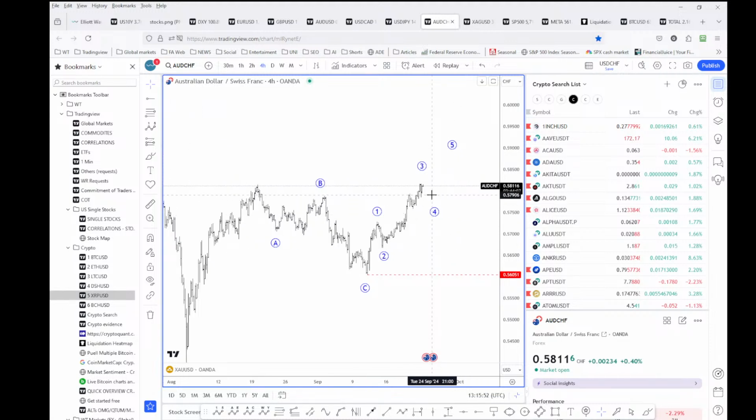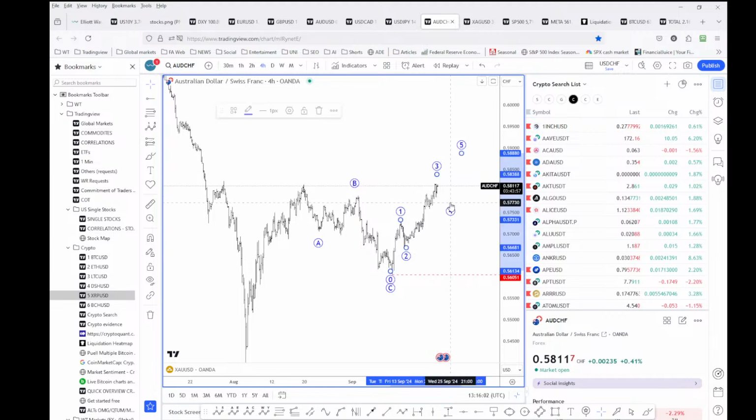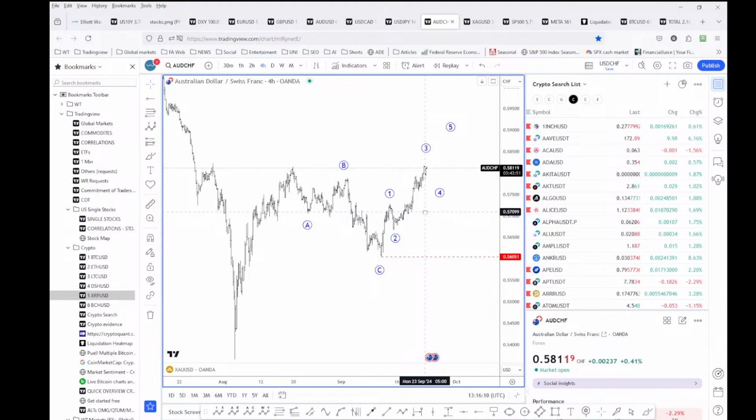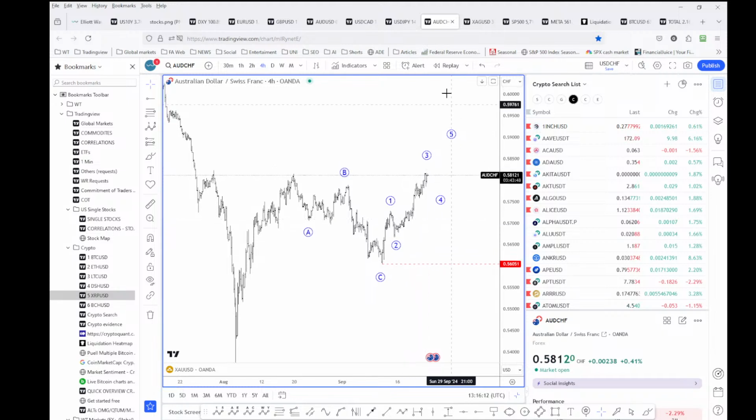Maybe some support around 57.90 down to 57.60 could be quite interesting. So I think that Aussie overall is looking quite good and could certainly see much more upside after pullbacks,